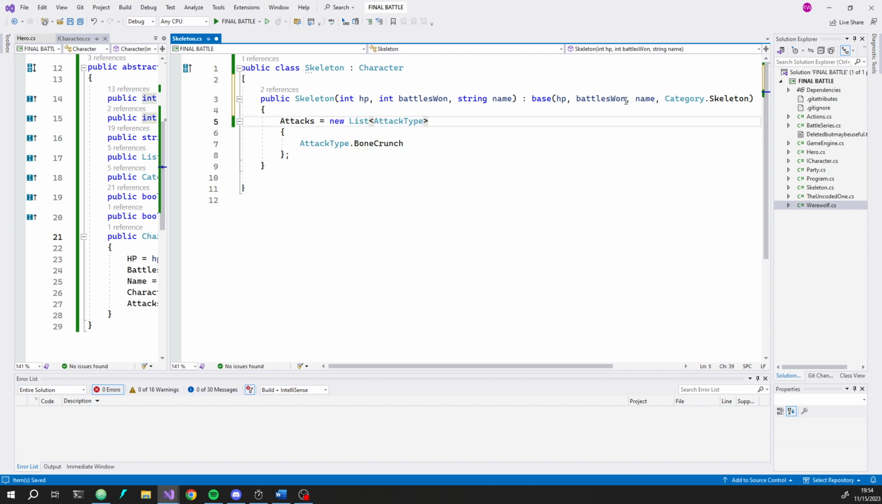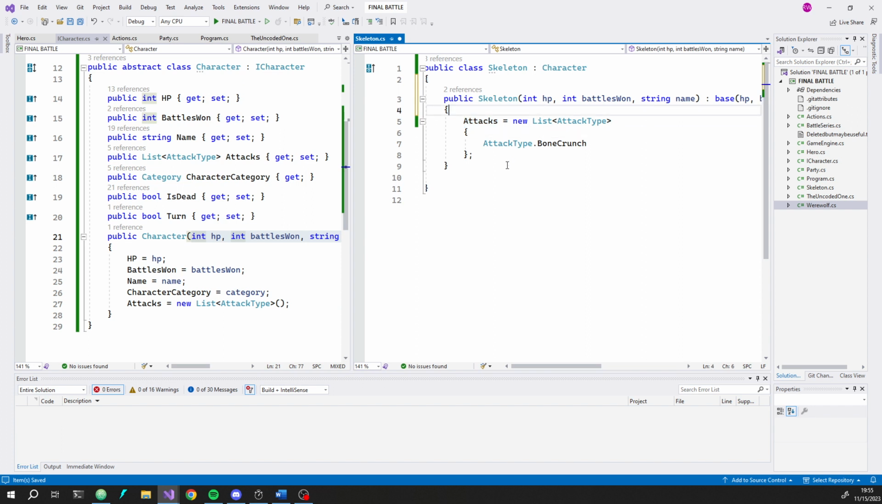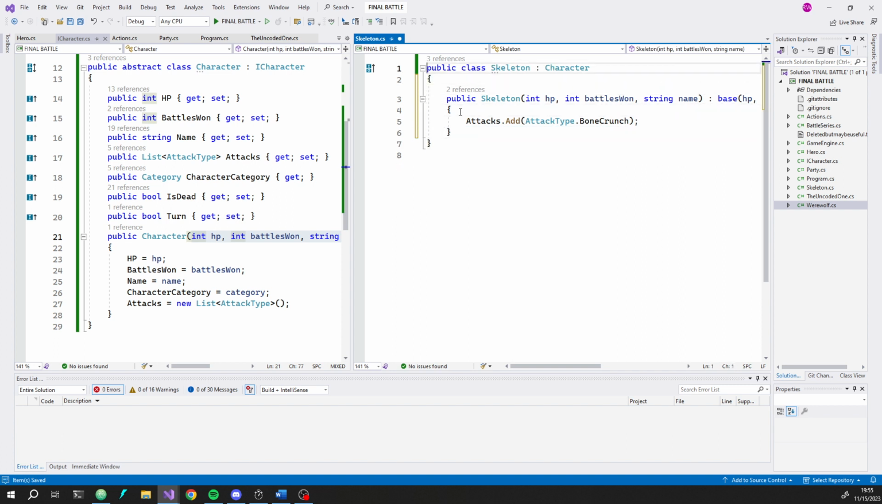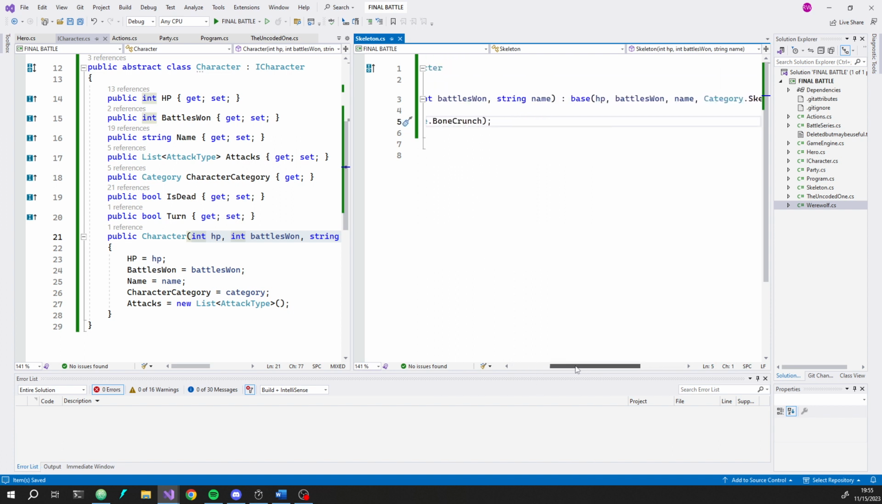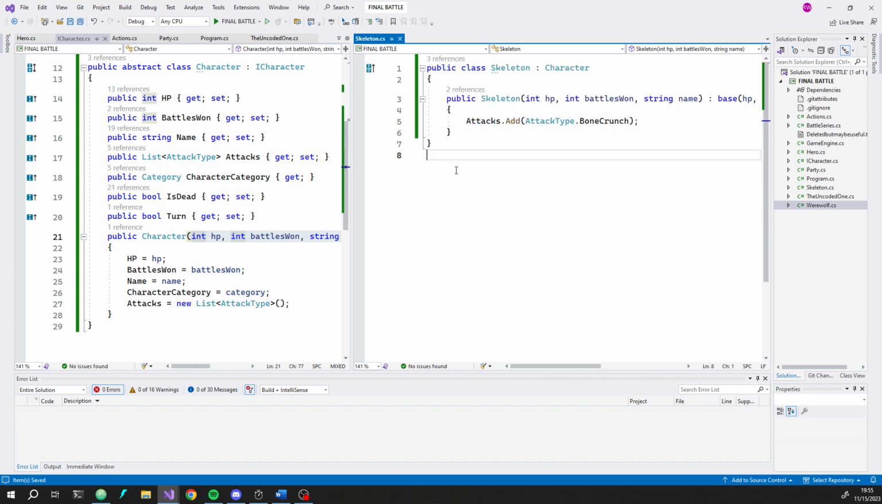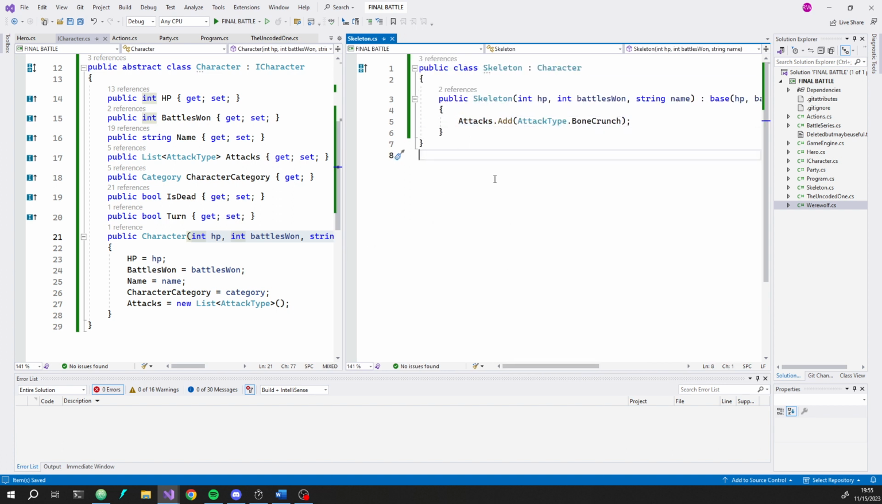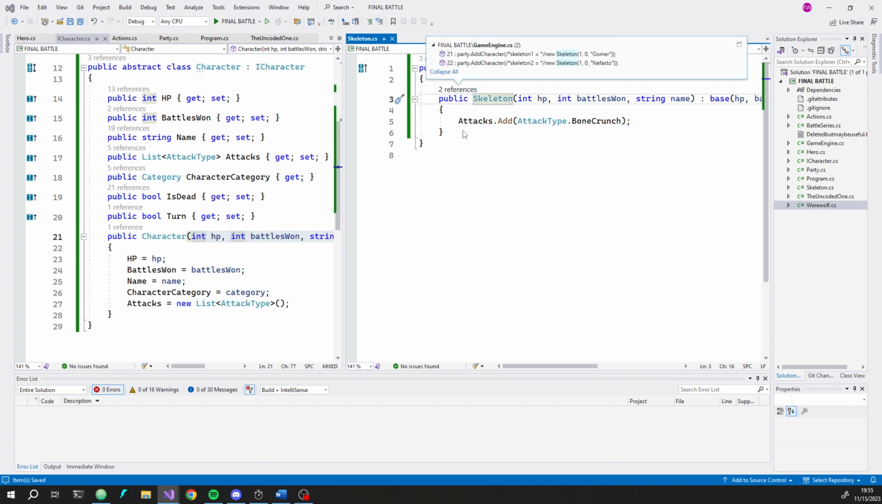So I do have the ability here, with attacks, to just wholesale replace it with a new list of attacks. But one thing I could do is I could just say attacks.add attack type.bone crunch. Right. So now, that's nice and simple. And I like that a lot. That's a whole lot less code. I do want to, before I move on,